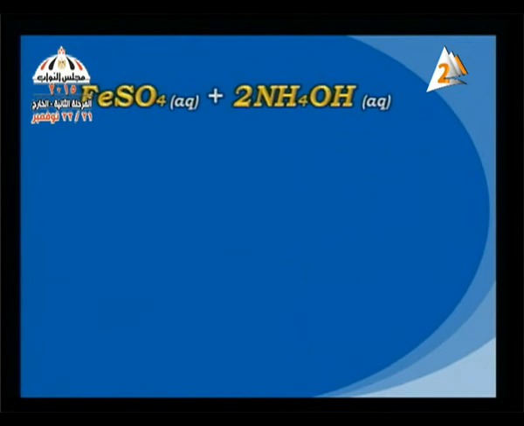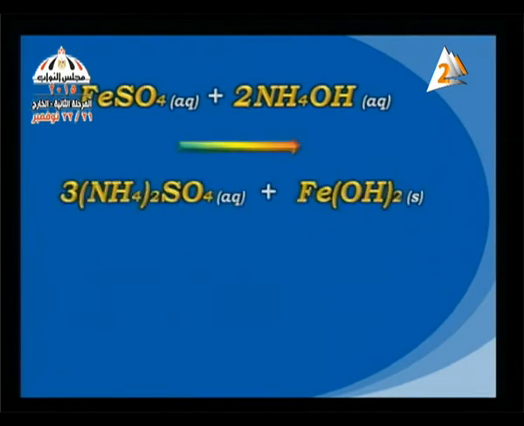Iron 2 sulfate, FeSO4 in aqueous state, plus ammonium hydroxide, 2 molecules, also in aqueous state. The result will be (NH4)2SO4, ammonium sulfate in aqueous solution, and Fe(OH)2, iron hydroxide 2 in solid state